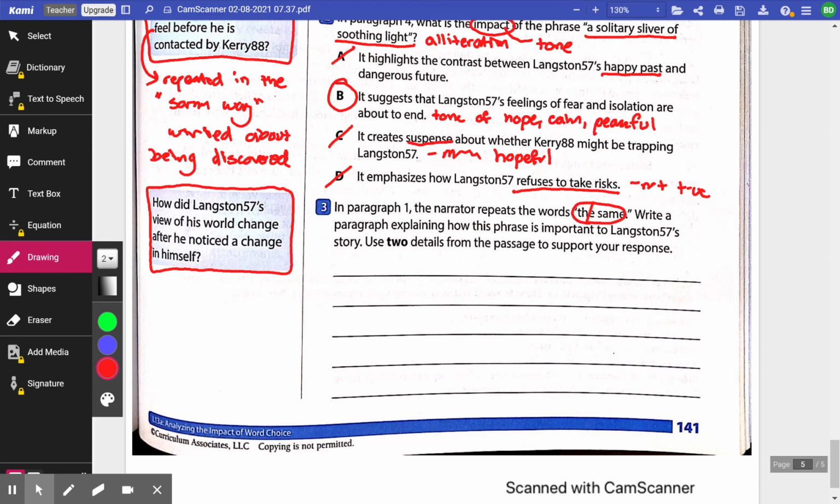He's at the beginning, right? Because this all happens in paragraph 1. So what does that say about Langston's opinion of himself and the world around him? So think about that. And as you write, you're going to choose 2 details from the text to support your